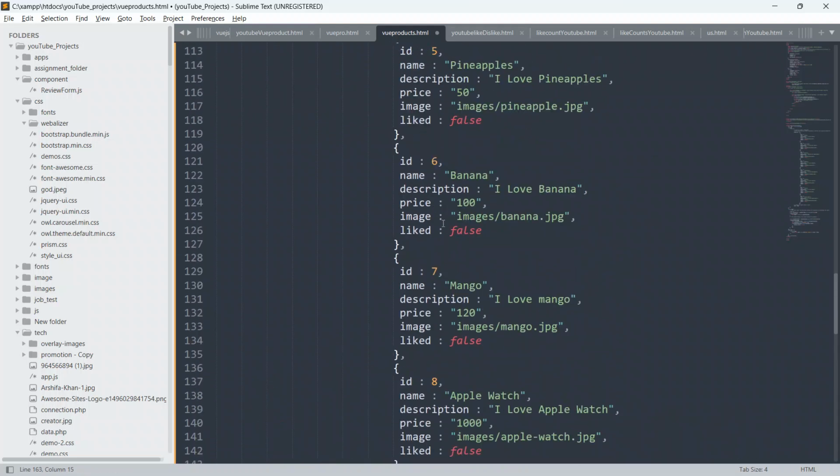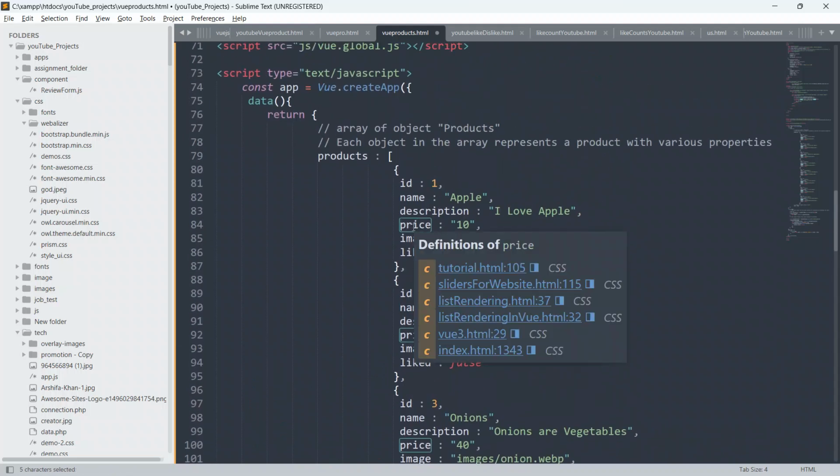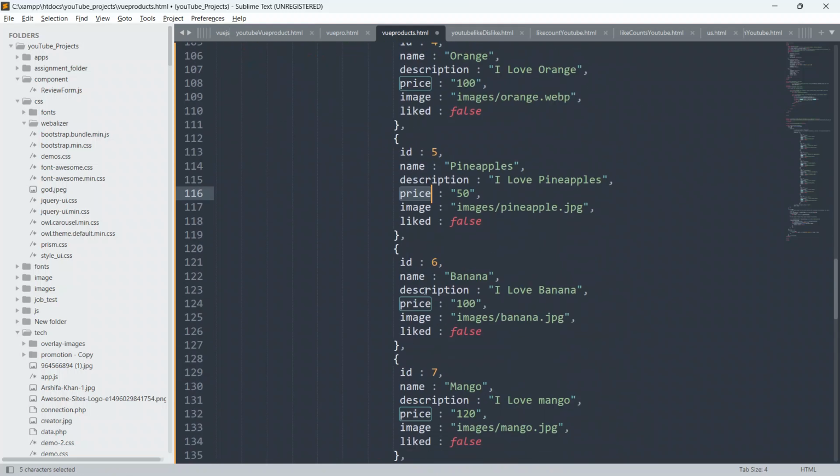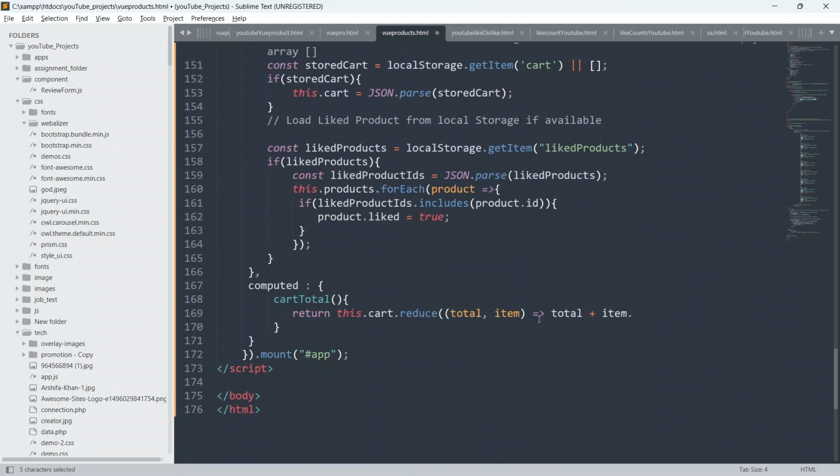So guys, this price will add all the prices from this products array. Whenever you try to add items or products into your cart, it is going to run each and every time, and it will update itself according to whatever you are trying to add inside the cart. So I will say dot price, and as of now I will give 0 for the initial value.